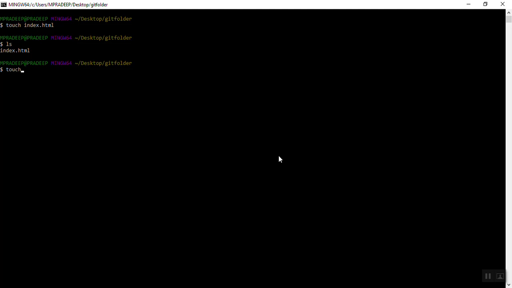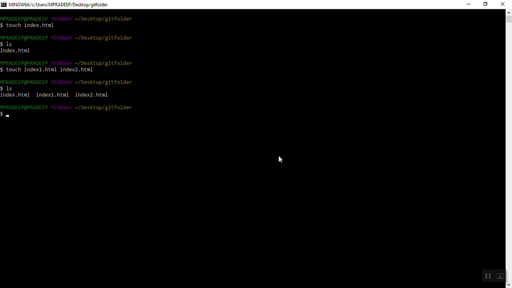If you want to create multiple files, say touch index1.html index2.html, and say ls. You see these many files have been created.